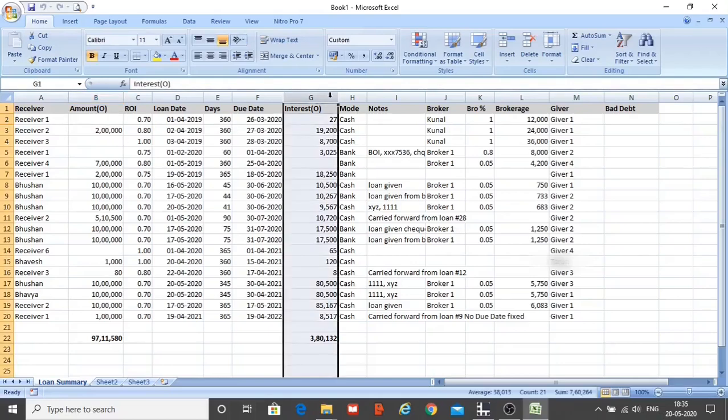Similarly, in interest also, if the customer has made any part payment of interest, then that will be subtracted and only the pending amount will be shown. For instance, if someone has taken a 10 lakhs loan from you, out of which he returns 3 lakhs before the due date and keeps the other 7 lakhs continuing, then interest of 3 lakhs is calculated from start date to return date and interest of 7 lakhs is calculated from start date to due date, and these both interests will be combined and shown here. Interest of 3 lakhs is taken into calculation only if it is not paid.